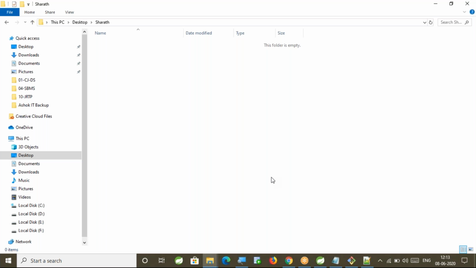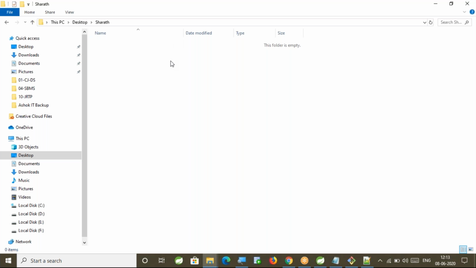He has to take that project from the Git repository. How can he take the project from the Git repository? By using clone. In order to clone that project, Sharath requires the Git repository URL and credentials also. For Sharath, an account will be created in Git with his employee ID and official email. The Git administrator will create the account for Sharath, and he will get the repository URL.